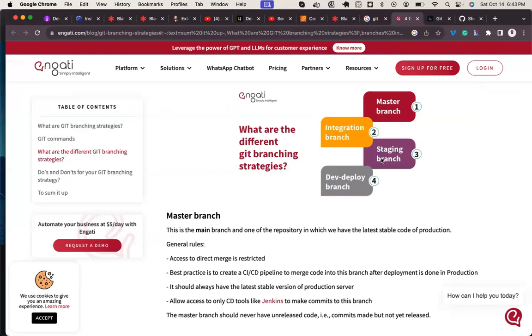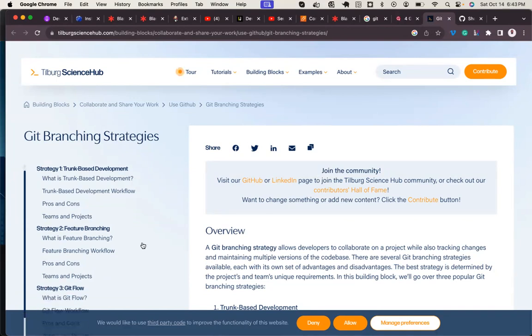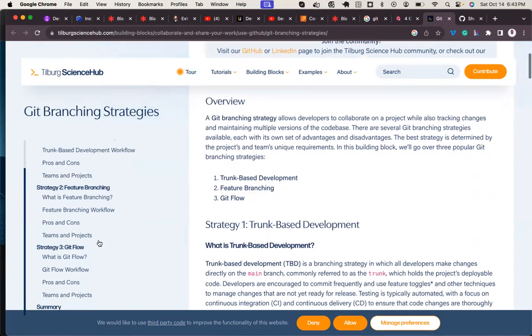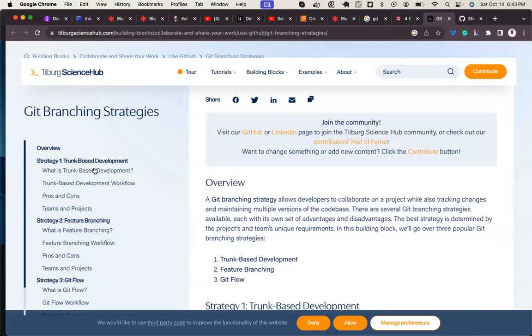If you say the earlier one, you're not wrong, but the interviewer is looking to hear something like trunk-based, feature branching, Git flow. So let's look at what these strategies are and which one, if you use it, puts you at more advantage.